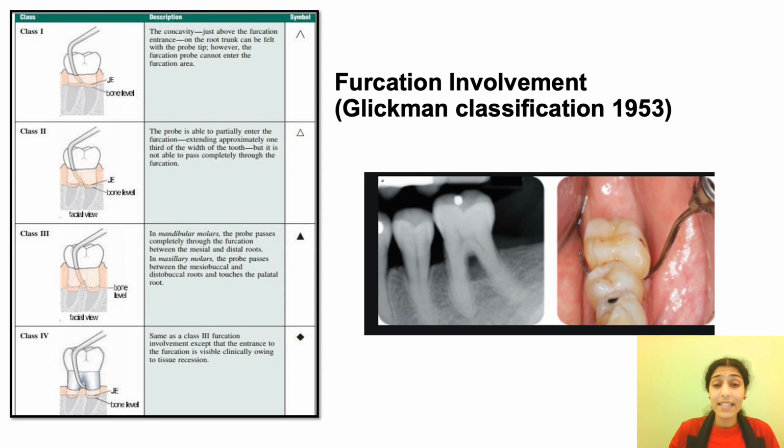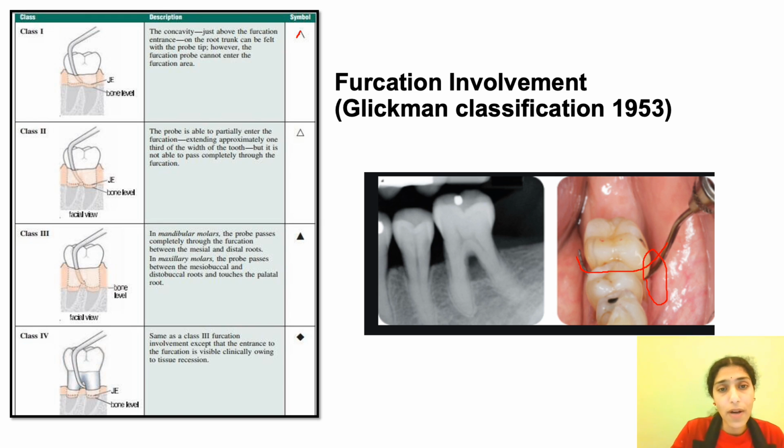In this picture, it clearly indicates what is the grade 3 furcation involvement. Just now, as I told you, when you probe into the grade 3 furcation involvement buccally, the probe can be seen even lingually here. So this is a classic example of grade 3 furcation involvement, but you can see that there is no exposure of the furcation into the clinical environment, I mean the oral cavity. There is no recession of the gingiva. So it is still grade 3. As long as the gingiva is covering the furcation involvement, it is still grade 3. Once the gingiva is also receded and the furcation is exposed, then you call it as grade 4.